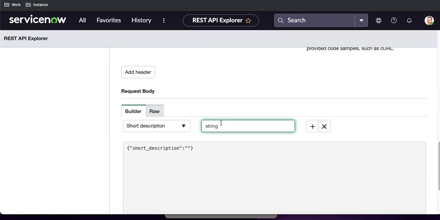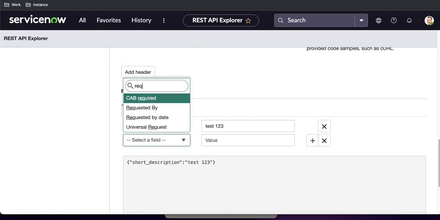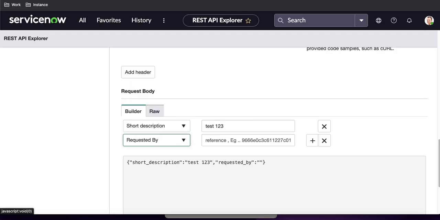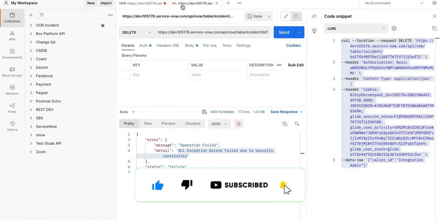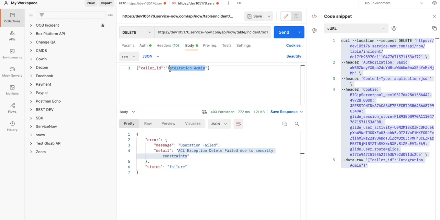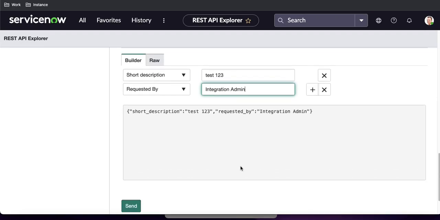click the builder and click add fields, and put all these field names, like short description test 123, and then requested by. I'll put my integration hub name, integration admin. In this case, you can see it's automatically generating the JSON. You don't need to manually put in all these field names. And once I click send,